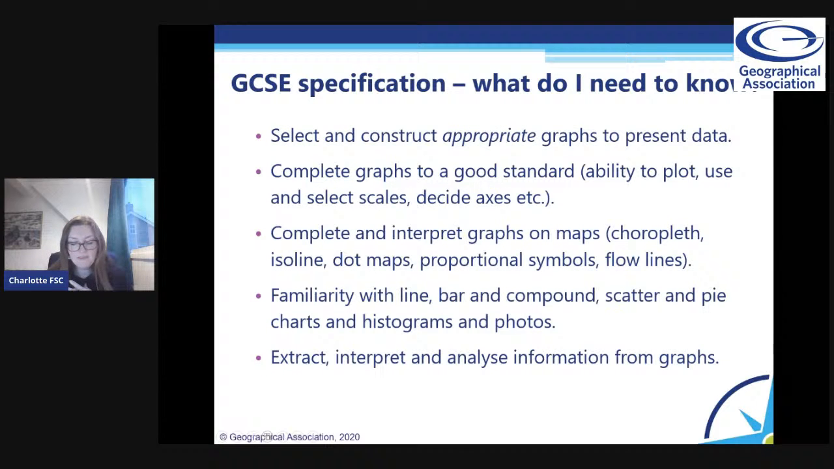Okay. As I say, it is worth checking your own GCSE examination board specification because things like population pyramids, radar graphs, kite diagrams, triangular graphs, and different types of image, such as satellite images, also appear on some specifications. So do check either with your teacher or directly on the specification, and there'll be a list of the skills